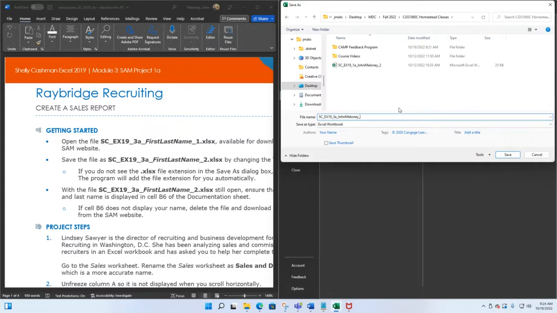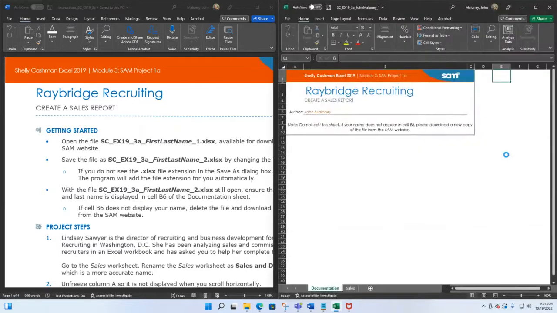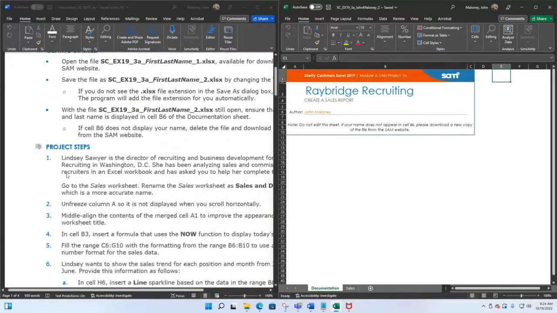So backspace through the 1 and change it to a 2. Exactly the same thing we did before. Save the workbook. So now I have the workbook saved, okay? So that's the instruction here in getting started. And remember, you do not get any credit for doing the getting started portion. You get credit for doing your